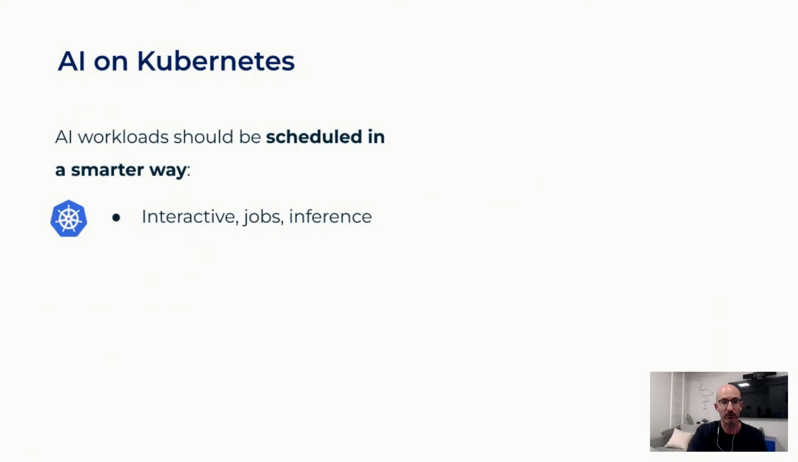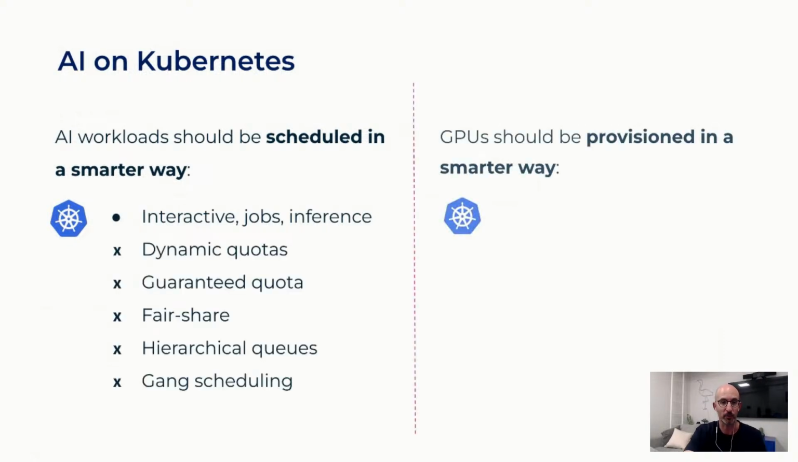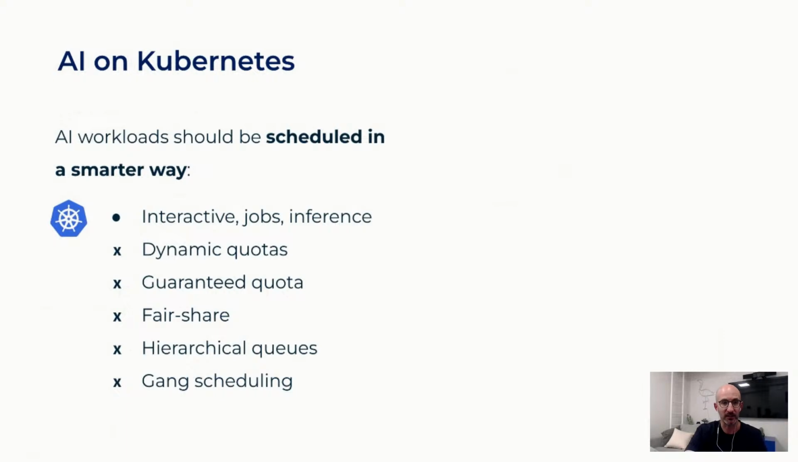And there are a lot of scheduling features that are missing from Kubernetes. I'm listing some of them here. So we at Run AI, we believe that AI workloads should be scheduled in a smarter way. While Kubernetes provides a way for running interactive sessions, jobs, and inference, it doesn't provide dynamic quotas, a way to guarantee resources to users. But think about it, there is also no way to actually queue jobs and share resources